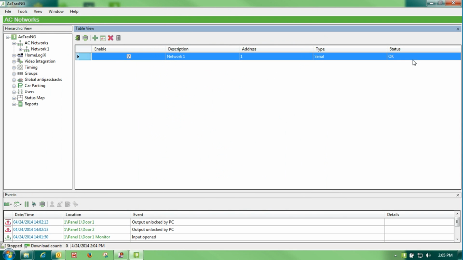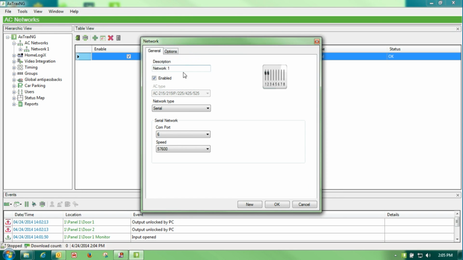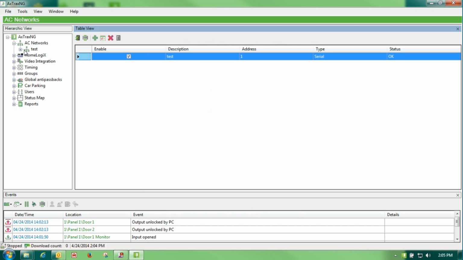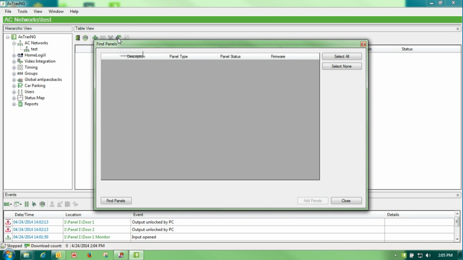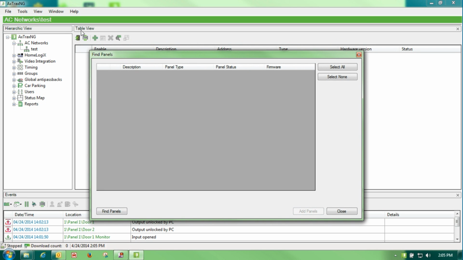Now you will see that my status is OK. It's my serial connection, and I always do want to give it a title so I'll know what it is. Tell it OK. Once I have created my network, then I need to find my panel, as we did with the TCP/IP. So we will go to Table View, Find Panels, click on Find Panels,